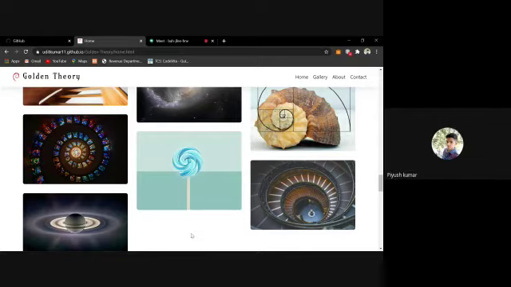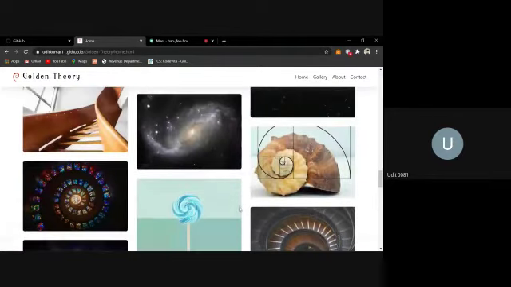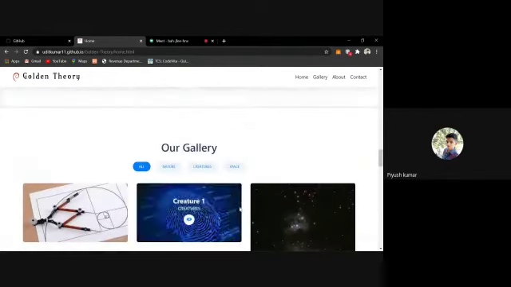Yes, Sudhir, absolutely right. Piyush, you just forgot about the tags. Here are various tags. Like when we click on